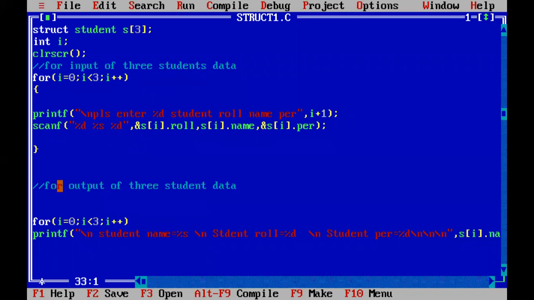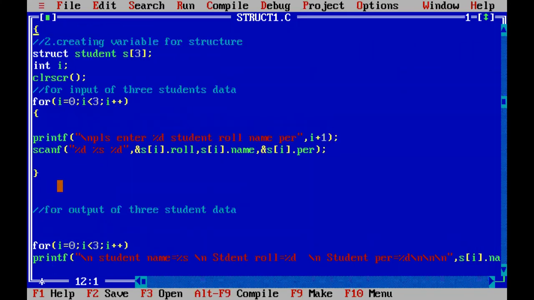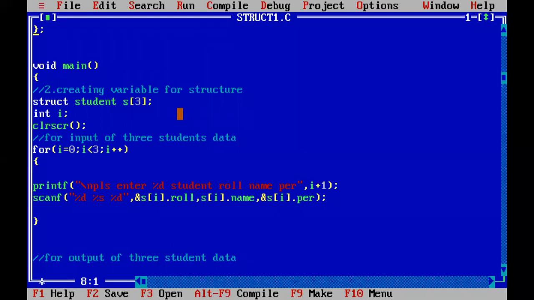You may not know that we discussed the array of structure topic, but the array of structure topic is also over. What is the array of structure? You see this one, I'm pointing out. This S of 3 is what? Array of structure. Array of 3 structure variables. So this is one separate topic, array of structures. So S of 3 means S is an array of 3 structure variables. What is S? Array of 3 structure variables. This is nothing but the array of structure topic.